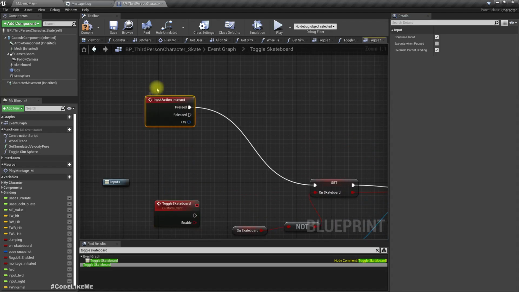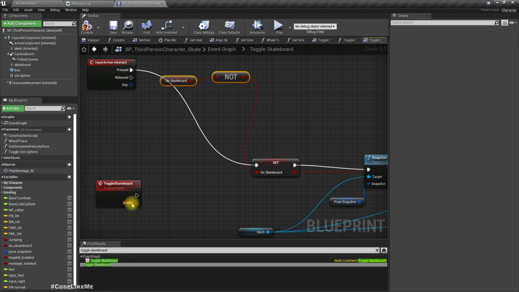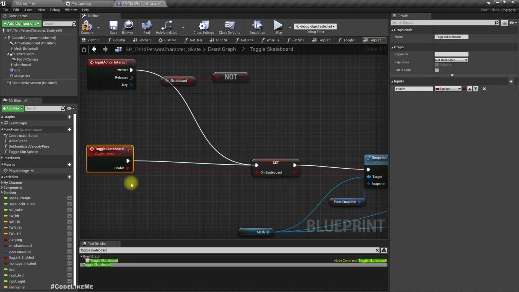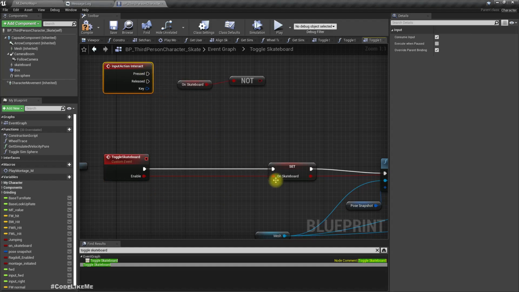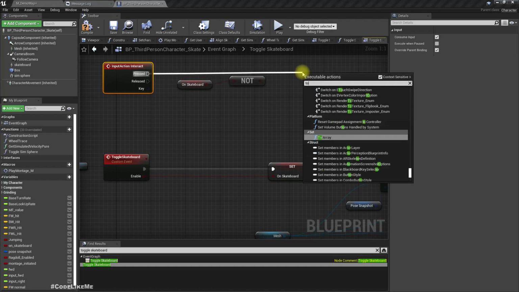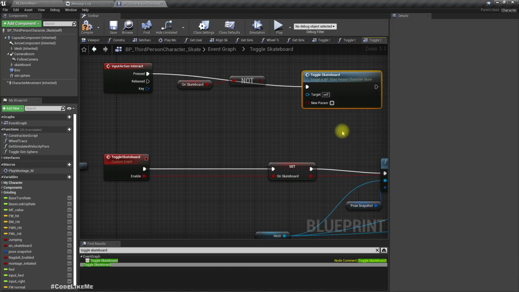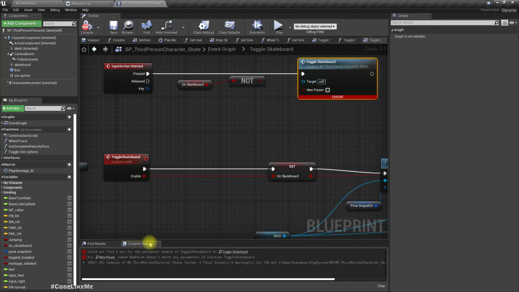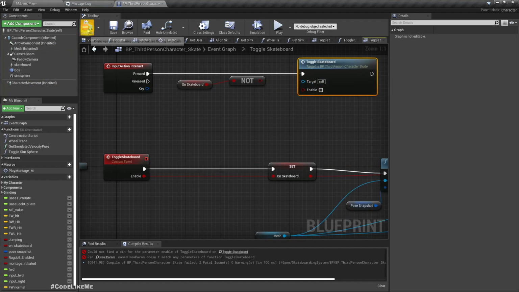Right, now let me move this part here and connect like this, and for the on skateboard part I'll just directly connect it like this. Right, then let me break this, and here I'll call toggle skateboard. Why is this a new parameter? Okay,